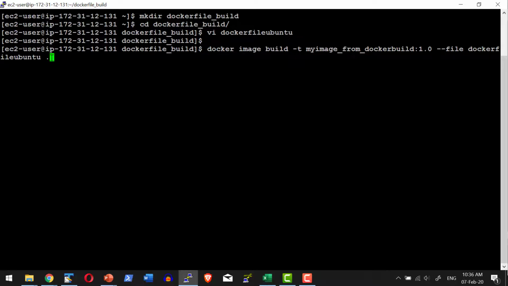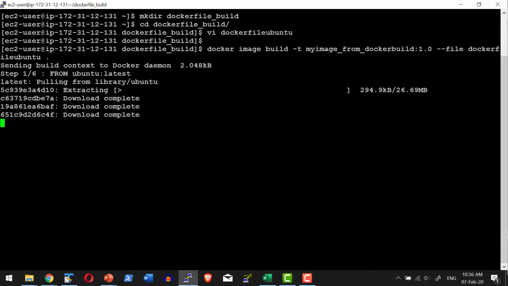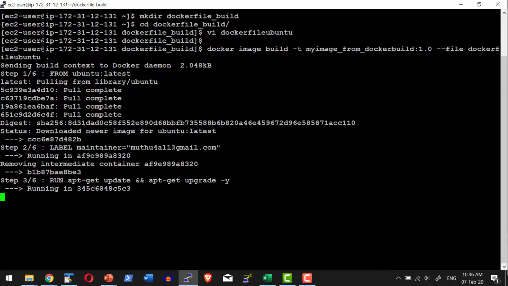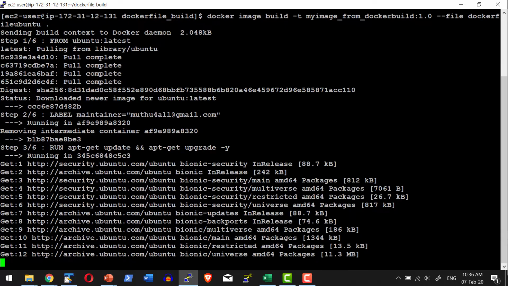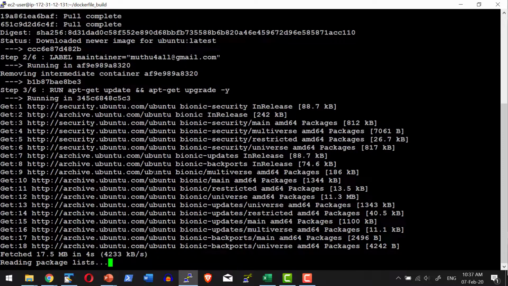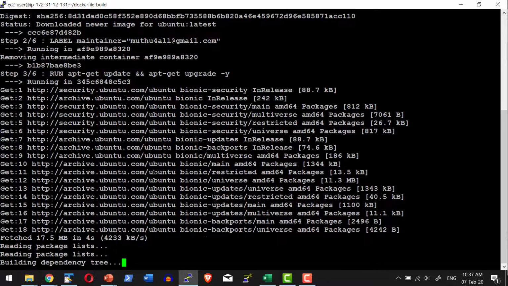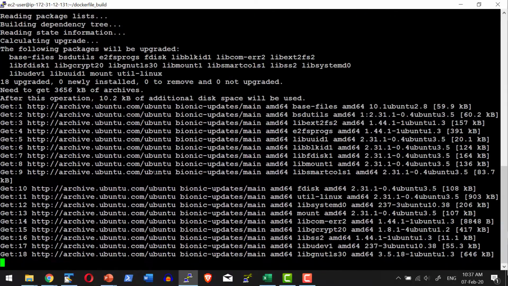Remember, there is a dot at the end to mention this particular command should look for this particular file in the current directory. So here you can very well see it's building the layers. It's built the first layer, second layer, and all the intermediate layers, and it is going to create the custom image.